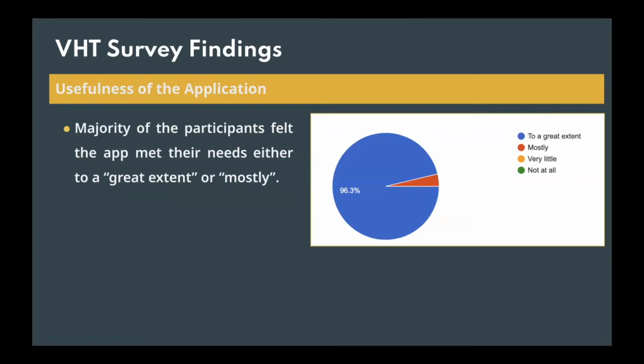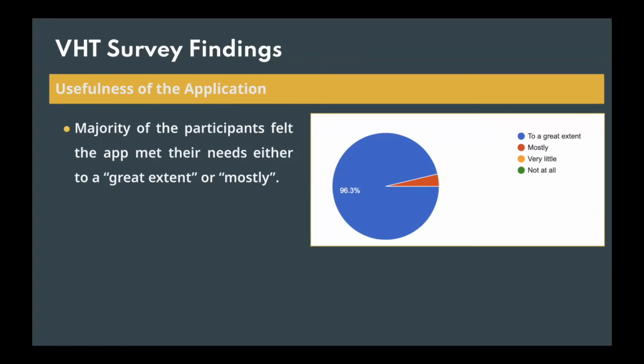So here we were trying to see the extent to which the VHTs felt that the app met their needs, and most of them felt that their needs were met to a great extent, as we can see from this pie chart. So mostly it's because most of them